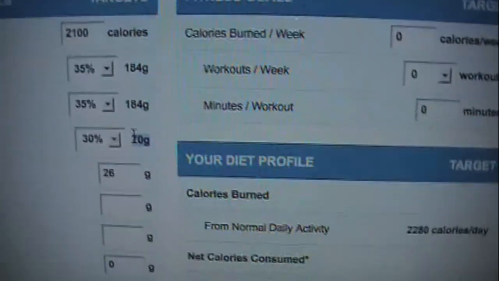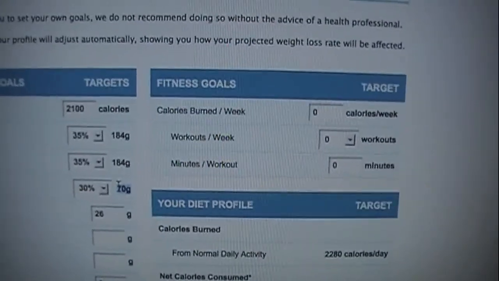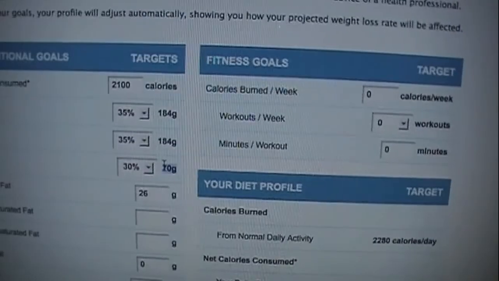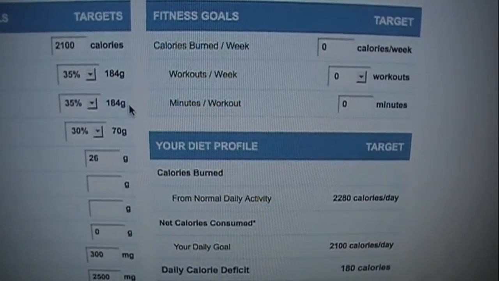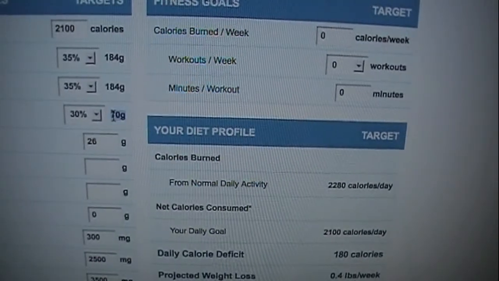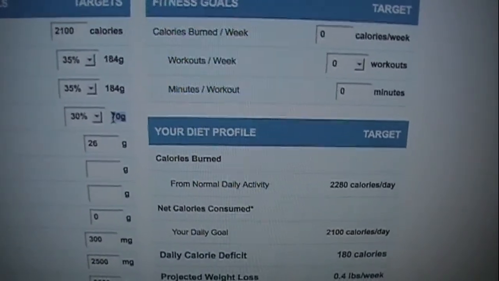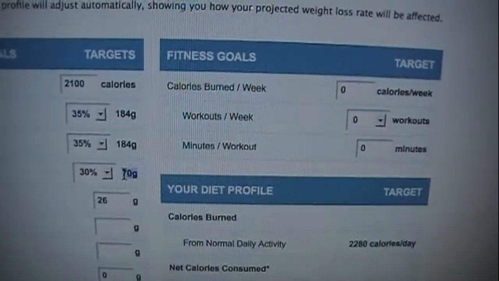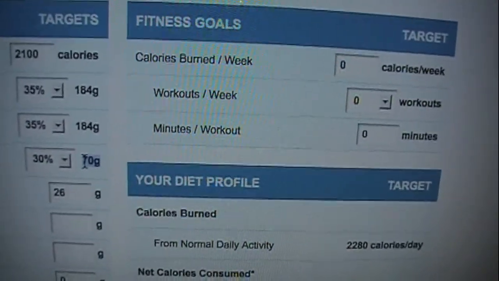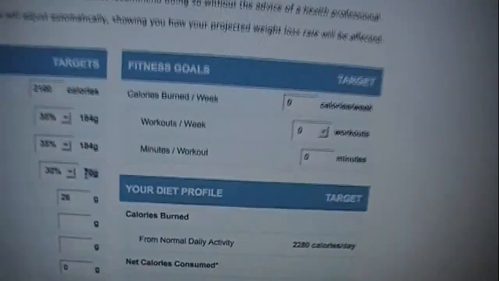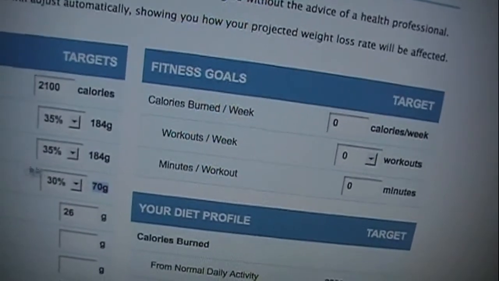You can play around with this, but the key thing is to set your goals based on your body weight. This is your target body weight in pounds. That is the amount of grams of protein that you need to take. The amount of fat that you need to take has got to be your body weight in kilos. That's body weight in pounds divided by 2.2, and you get to this value. Once you set these values, ratios become less important. You can always go here and say change goals.